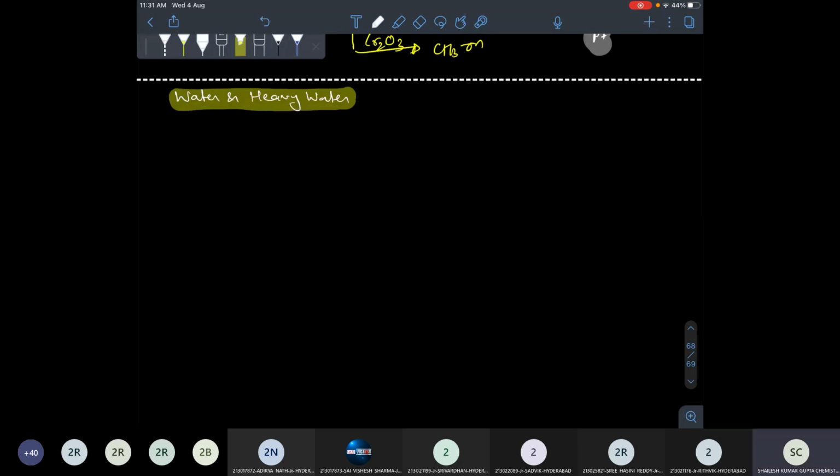What is heavy water? Water normally means H2O. Heavy water means D2O. Understood, na? It is water formed from the heavier isotope. Why didn't I discuss T2O? Because tritium is